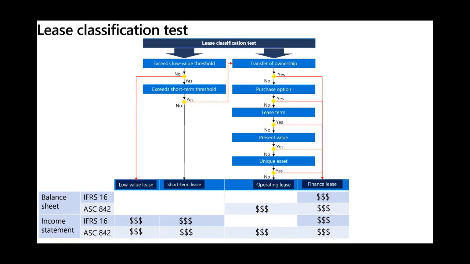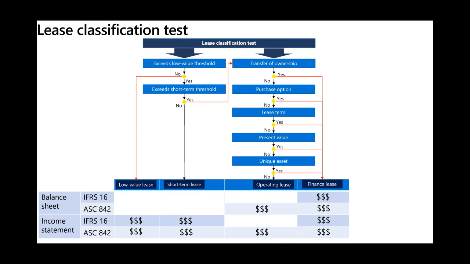And if it does not meet that criteria, we will move to the other subsequent classification tests to determine if the lease is an operating lease or a finance lease. We have mainly 5 classification tests that run in the system background, or behind the scenes. The transfer of ownership, if this lease will be transferred to the lessee at the end of the lease term, or if there is a purchase option,